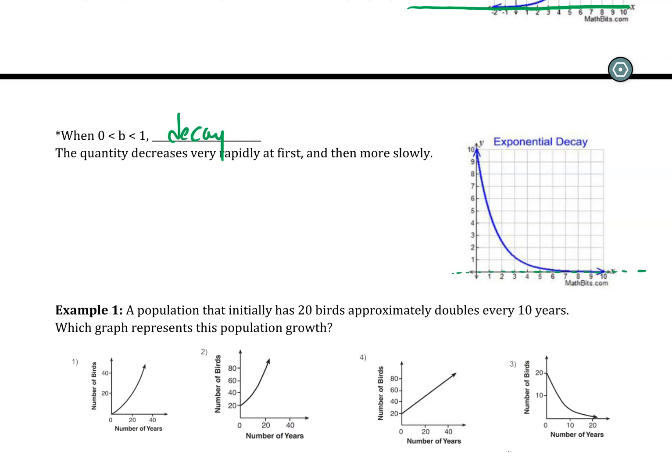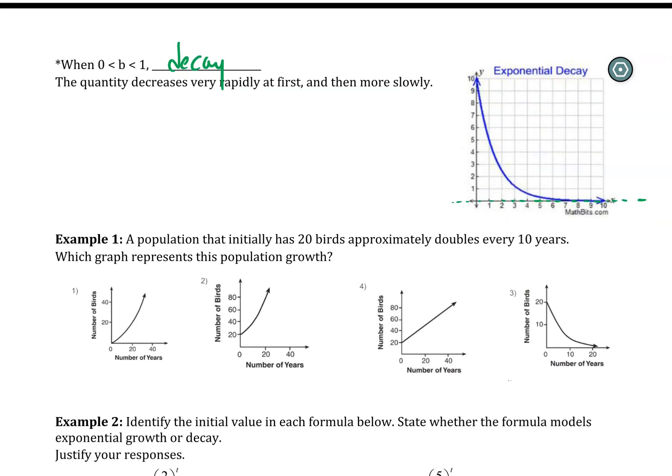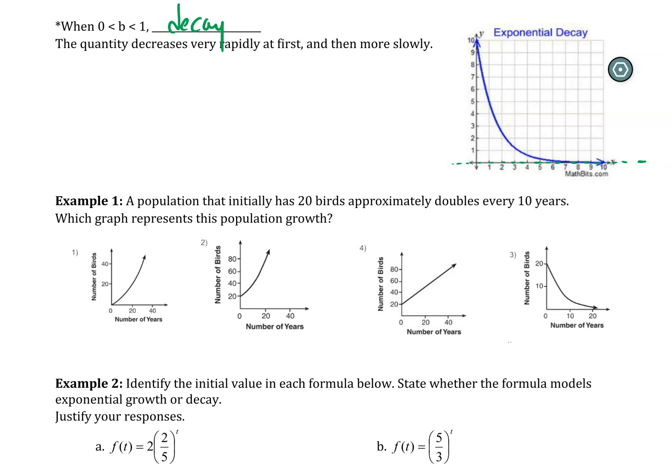And just knowing some of those characteristics allows you to answer a lot of these questions sometimes without much work. Look at example number 1 for this one. A population that initially has 20 birds approximately doubles every 10 years. So we have a doubling aspect. That means it's not a constant rate. It's not like each year the same amount is being added. It's changing over time. So right away, the first thing I notice is that in this situation we have a common ratio,